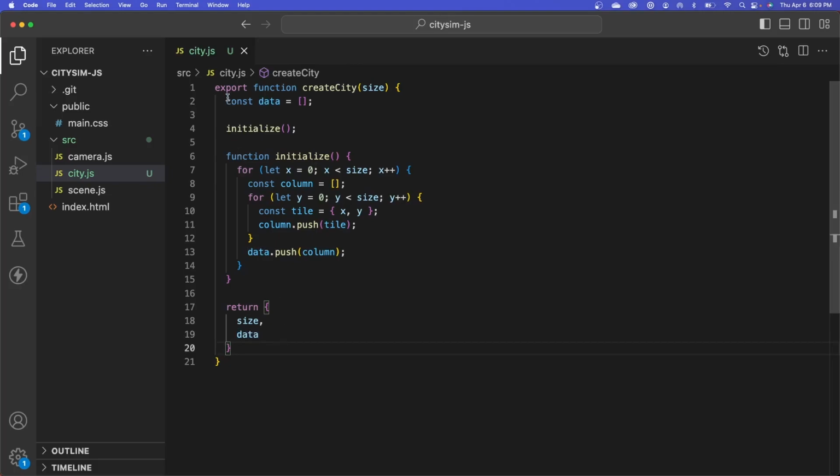So right now, all we have is a 2D array of data. And each element in this array contains an object, and that object contains the X and Y coordinates at that location. So that's not a whole lot, but we can use that to render out a very basic map of our city right now. Let's jump over to our scene,